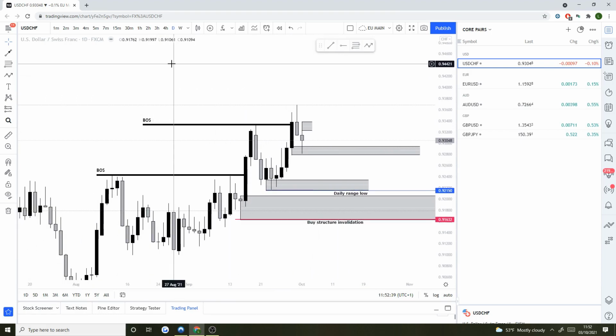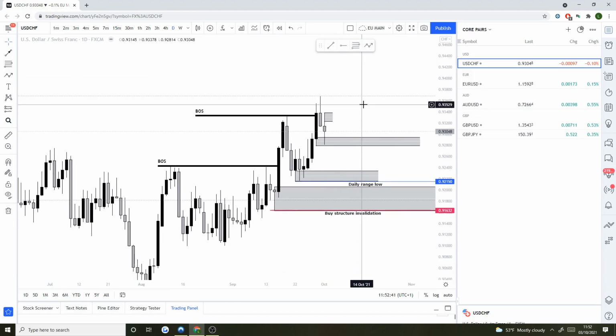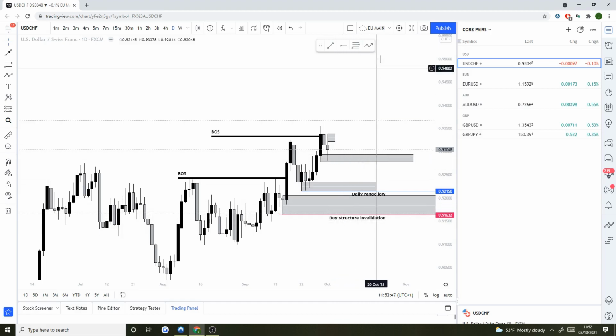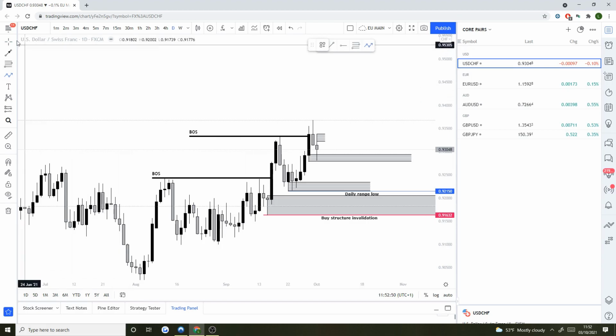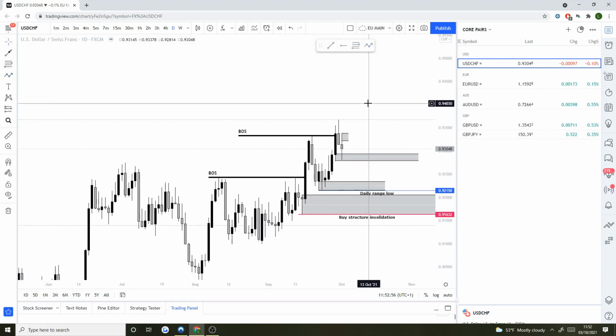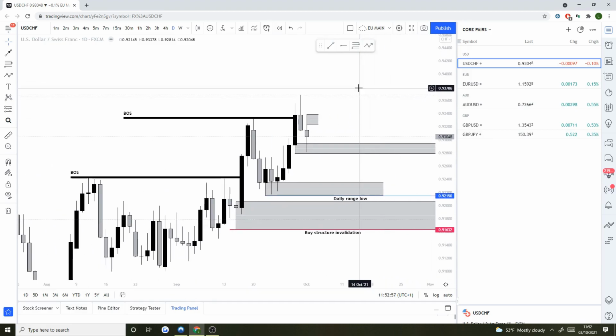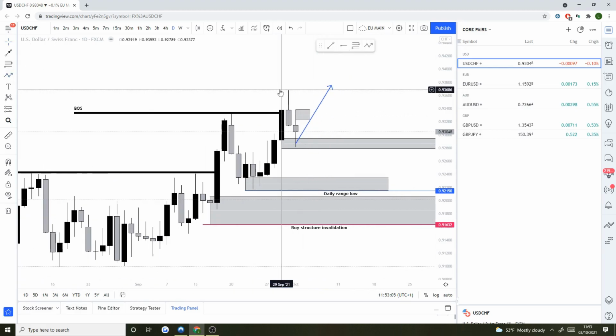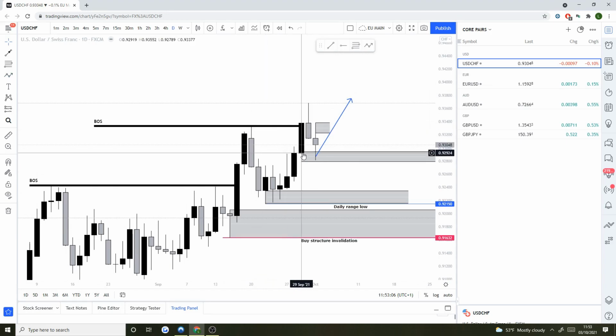So on the daily time frame, there's not really much doubt in my mind of what's going to happen next. It's just basically that we're going to be looking to take price higher. So the real question is, where do we take price higher from to follow these breaks of structure, anticipating a new break of structure? Alright, so the first point that I'm looking to take price higher from is from this point down here. Now, basically this is the point which caused the actual break of structure, and it's also got